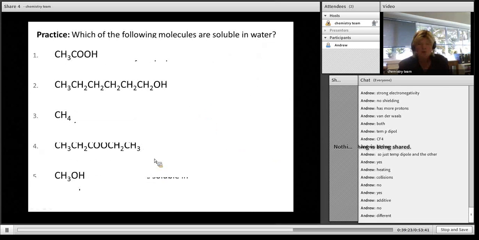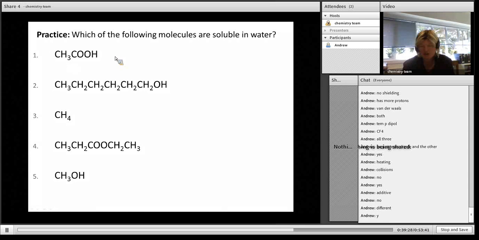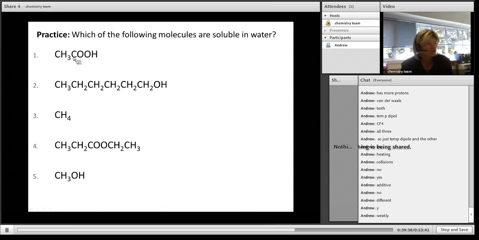So, which one of these would be soluble in water? So spot which ones have got hydrogen bonding. Does this ethanoic acid have hydrogen bonding? Yes. So it will dissolve. This one is now a little bit tricky. Does it have hydrogen bonding? Okay, I know you're busy typing, so